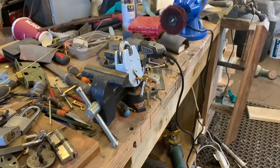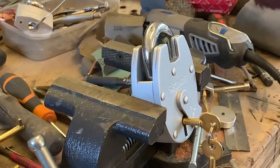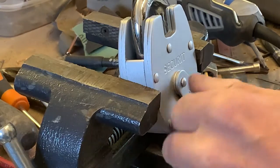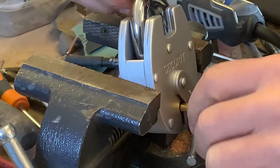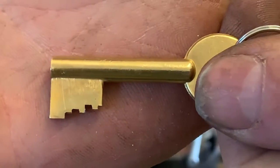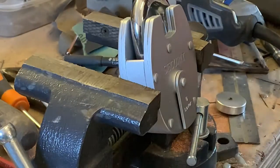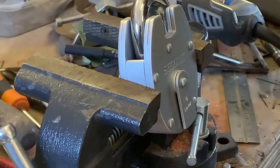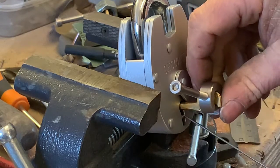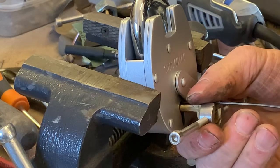See if we can get. So there's the Secure It 6 lever. As you can see, very nice. Quite nice bitting on it. Let's see if we can get it open a bit quick. Not opened this one yet, so